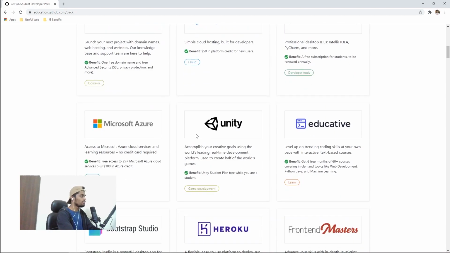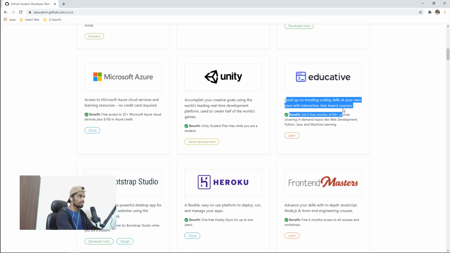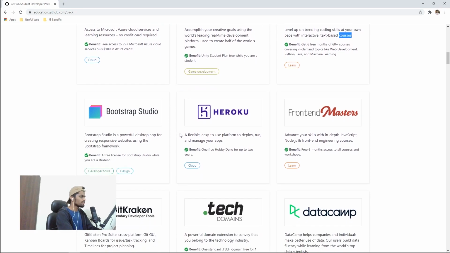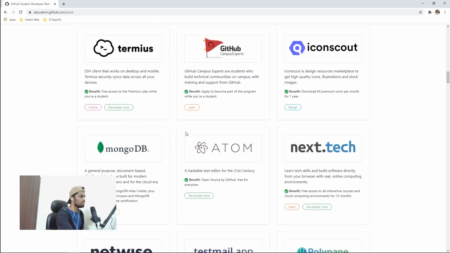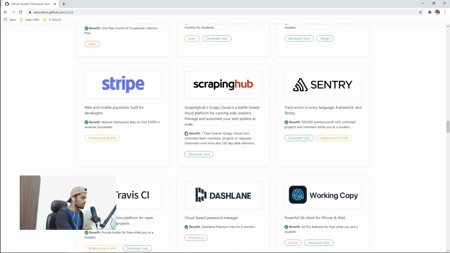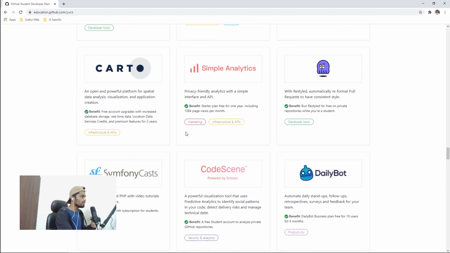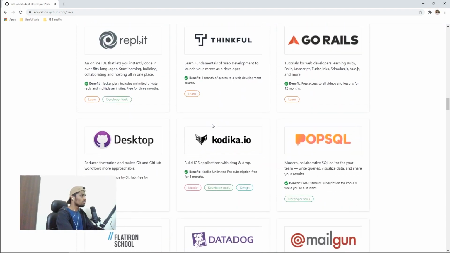Let's move on, and you can see various cloud providers here. It's educative.com where you can get various tutorials related to technology. There are lots of benefits you get once you get registered, right? So there are lots of benefits you can explore. You can't explore this in one day. You really need to explore, good time to explore this. So let's go and apply for it.